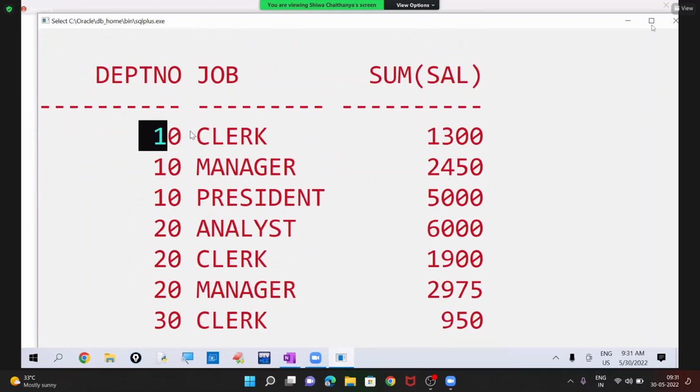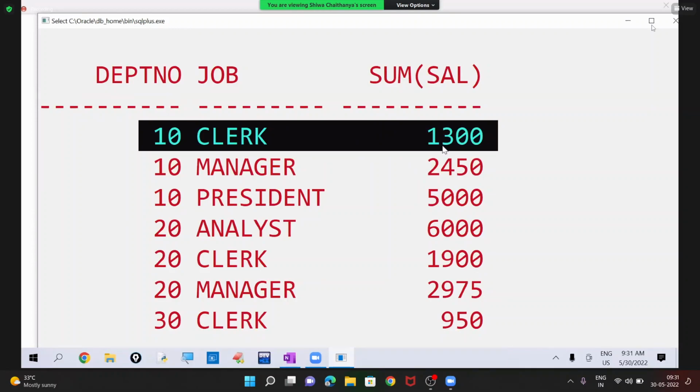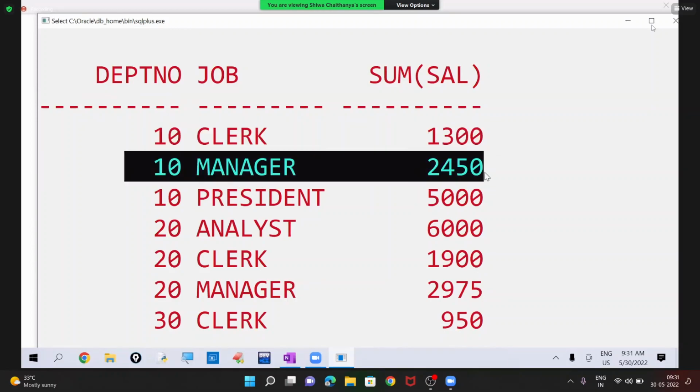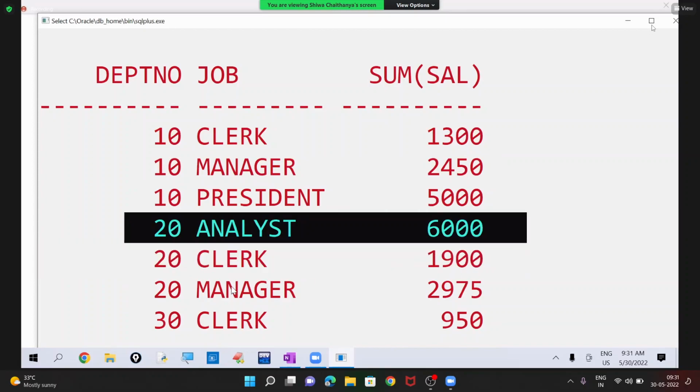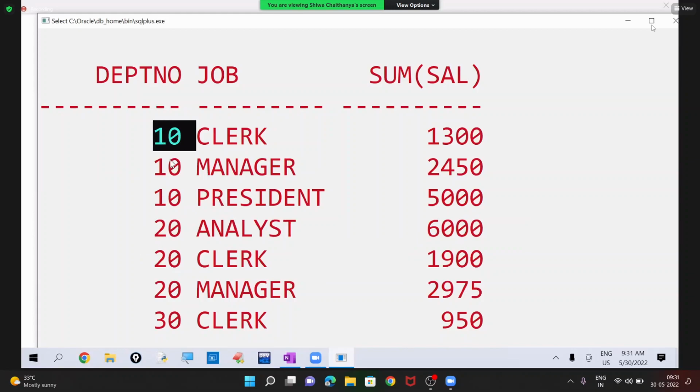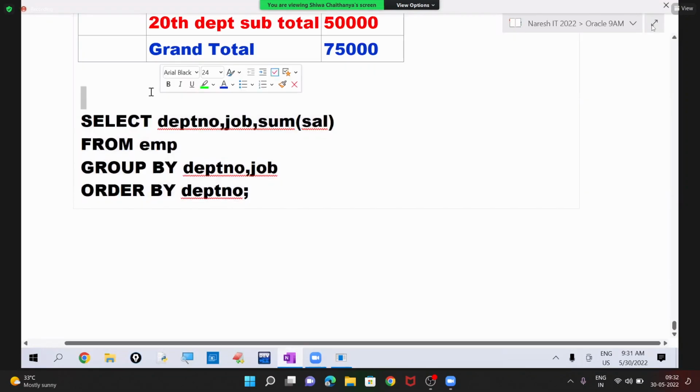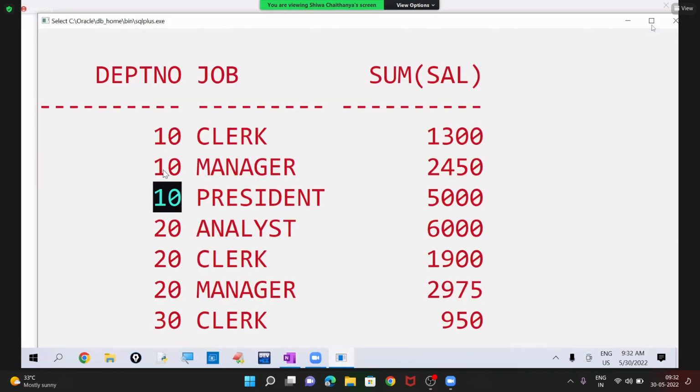10th department is spending how much amount on clerks. 10th department is spending how much amount on managers. 20th department is spending how much amount on analysts, like that it is giving. So to avoid repetition of this department number, what have we tried? Here 10 it is displaying many times. Okay, 20 it is displaying many times. So to avoid this repetition,